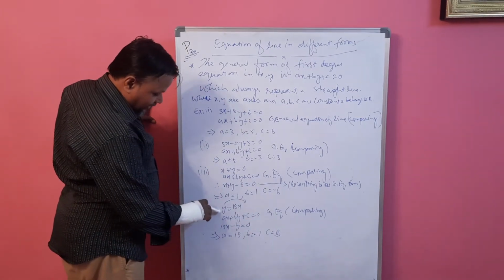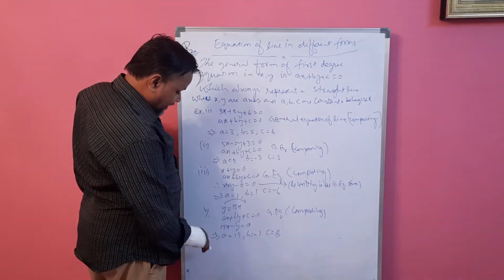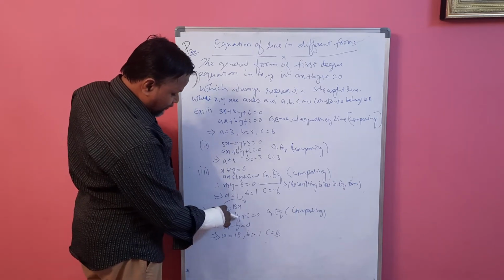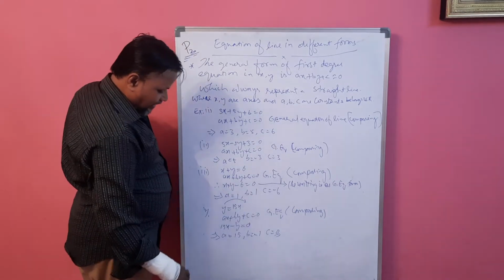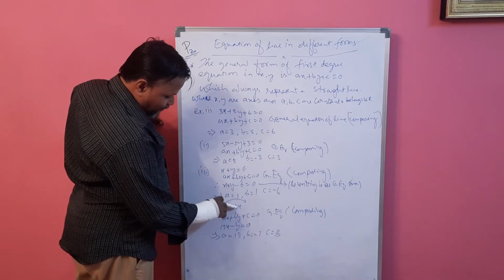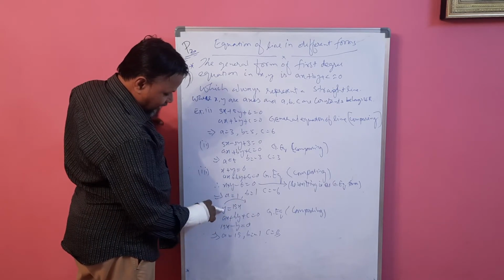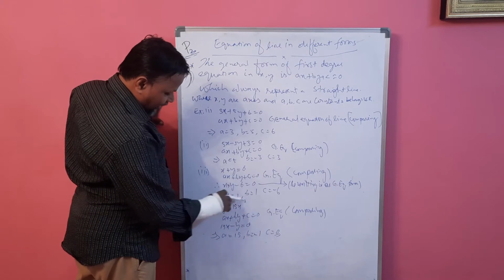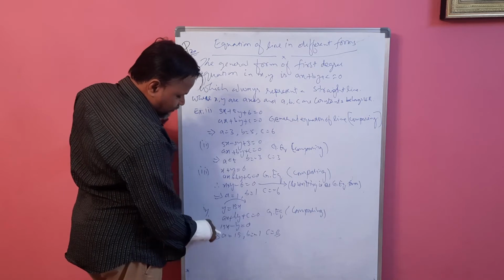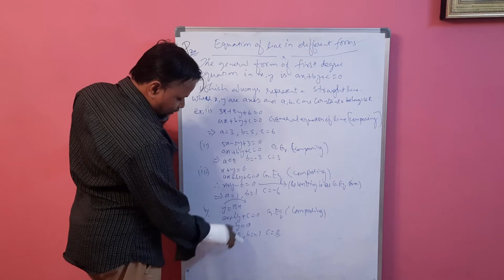Again, one equation is there, y equal to 15x. Now see here, ax plus by plus c equal to 0 is the general equation. To compare, we have to rewrite it. Here y equal to 15x, move this y to the other side. So this becomes 15x minus y, because when y goes to the right side it is negative. What is left here? 0. So it is in equation form, equal to 0 also there.